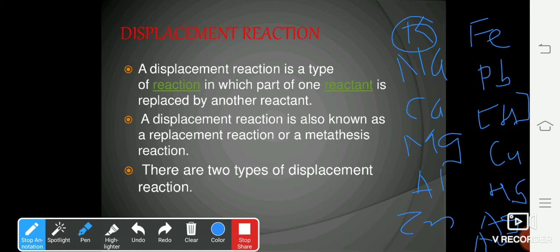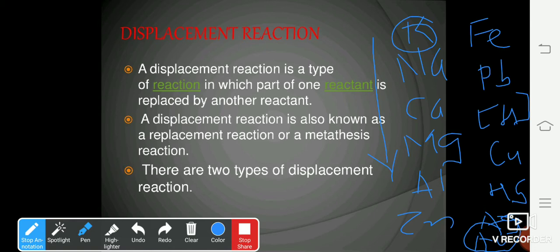Now, potassium is the most reactive, therefore it is placed at the top, and gold is the least reactive, so it is kept at bottom. And reactivity decreases from top to bottom. The arrangement of elements in the decreasing order of their reactivity is called the reactivity series. You have to remember this series. Now, why are we learning this in displacement reaction? A more reactive element can displace a less reactive element, but the opposite is not possible. That means a less reactive element cannot displace a more reactive element.